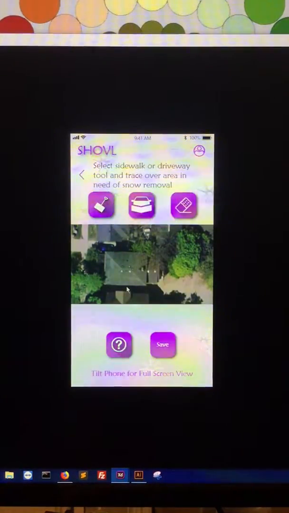But since this is mobile, we can tilt the screen to get a wider view, and we'll pretend to do that by clicking this. So to start, we'll start with the sidewalk. Click the sidewalk tool, it turns a different color, slide our finger down there and there, switch over to the driveway tool, trace along the stretch that we want cleared,